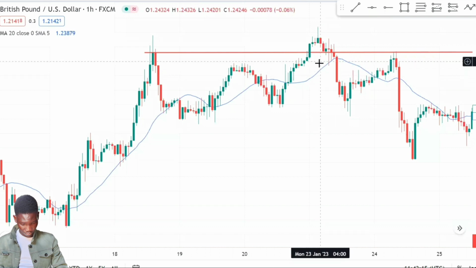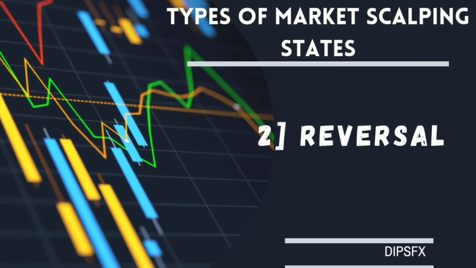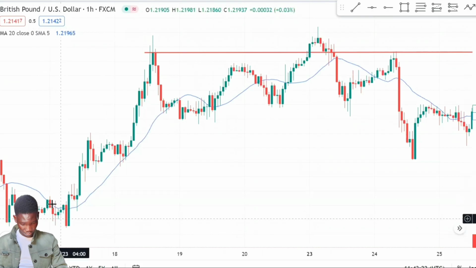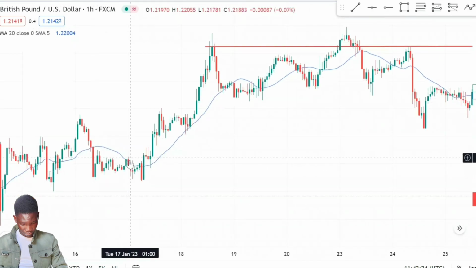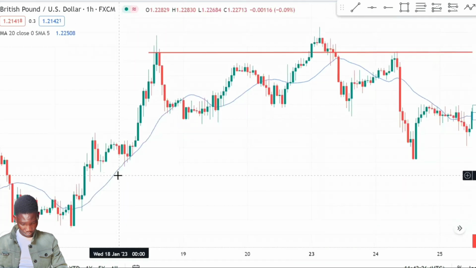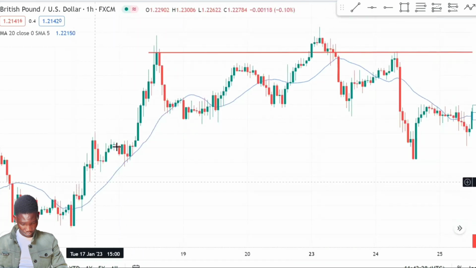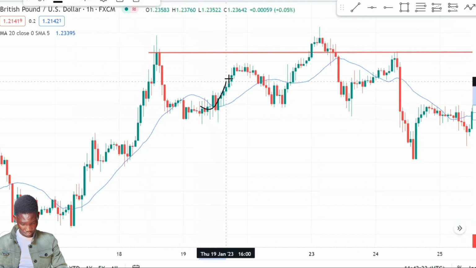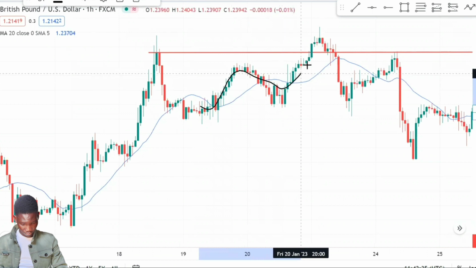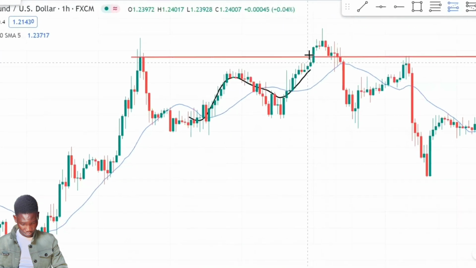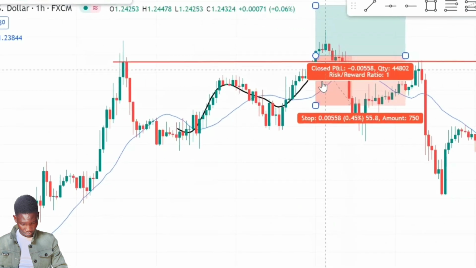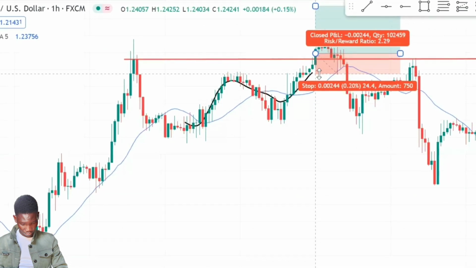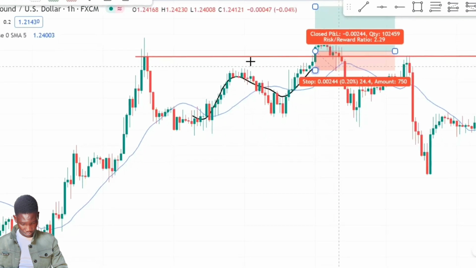Yeah. So the second state, guys, is the reversal state. Like I previously said, a lot of beginner traders enter the forex market just by going with the trend, and this has happened to me a lot. So if I was going with the trend just right here, let's say there was a nice uptrend. Definitely there was a nice uptrend here. So let's say I was to buy here. Just imagine I pull up my tool and buy just right here. Just minutes after I buy, I'd get stopped out of this trade